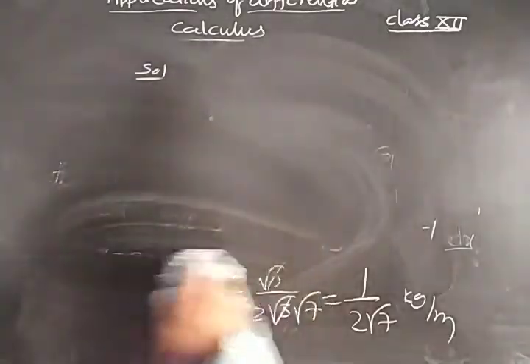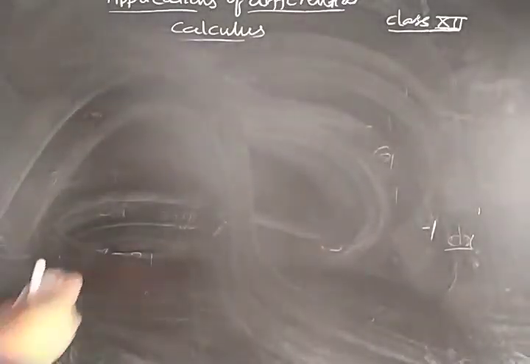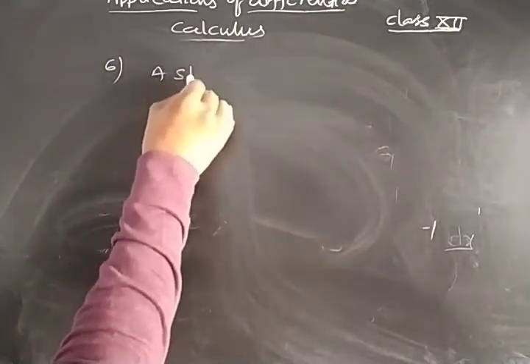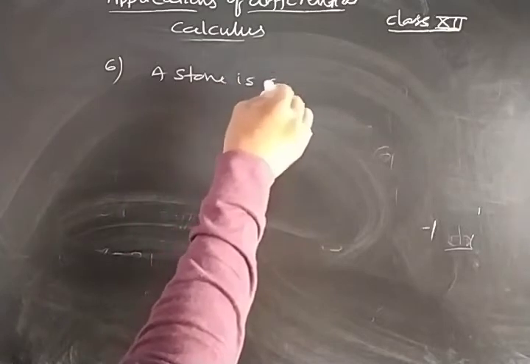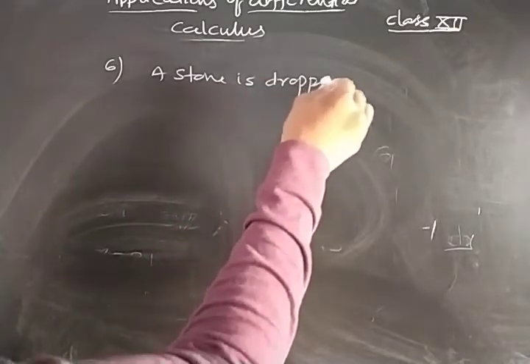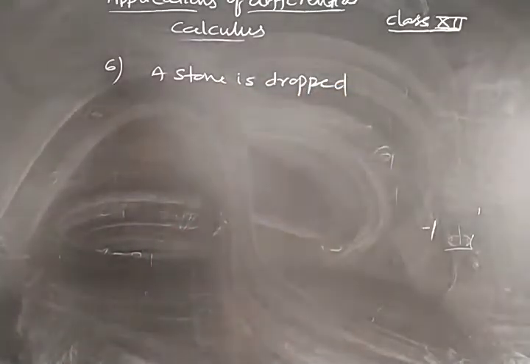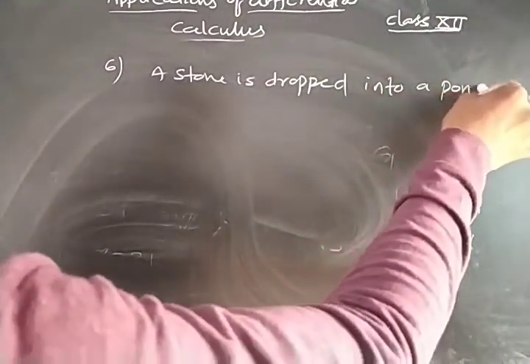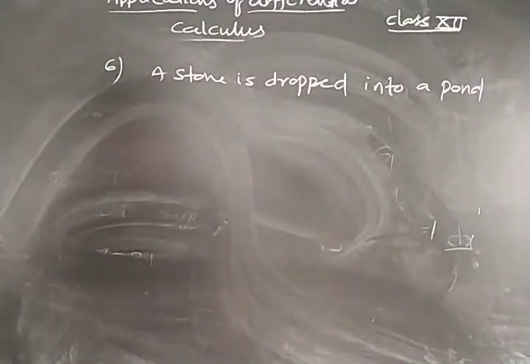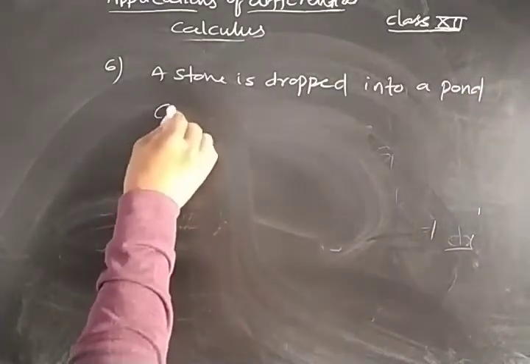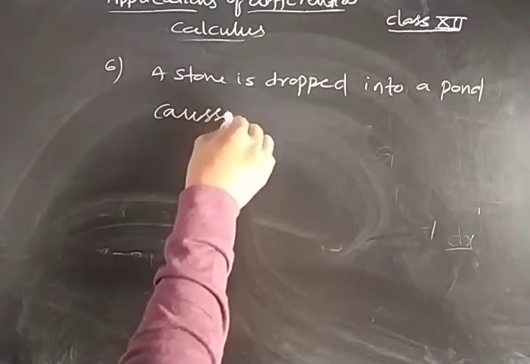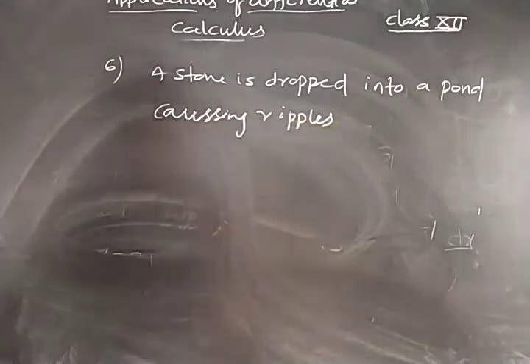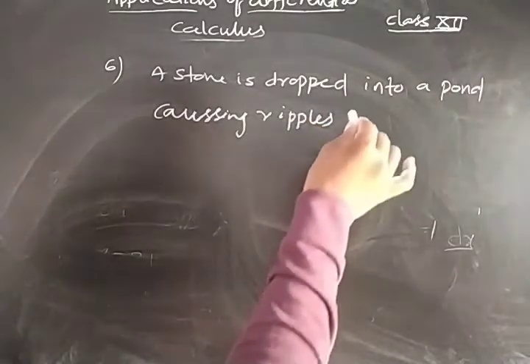Next problem. Problem number 6, the sixth problem. A stone is dropped into a pond, causing ripples in the form of concentric